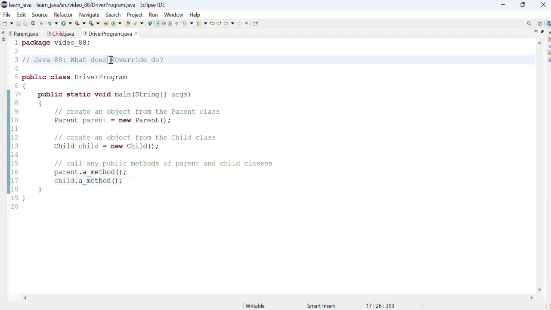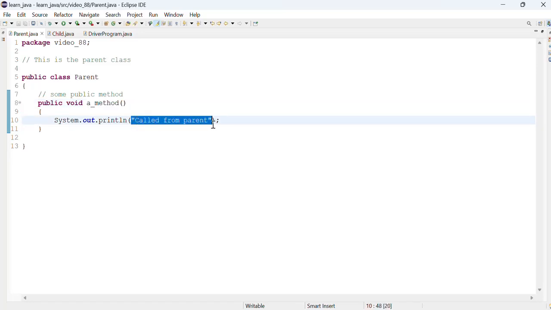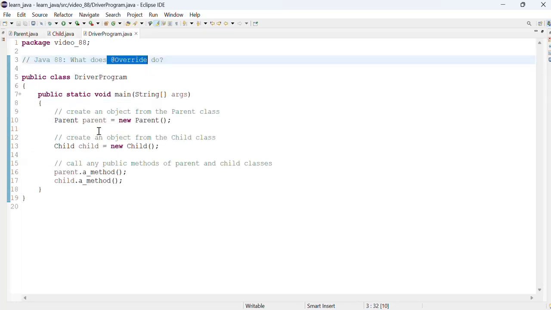In this video, we'll talk about what the override annotation does. What I've currently got is a parent class that has one method called a method, and a statement says called from the parent. The child class extends the parent. It also overrides that same method, changes the statement to called from child, and a driver program that's got two